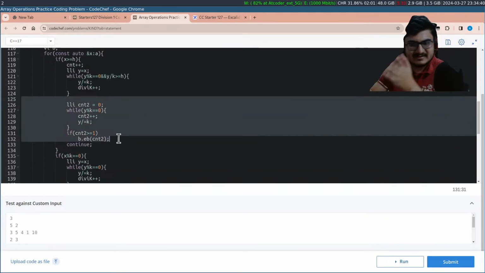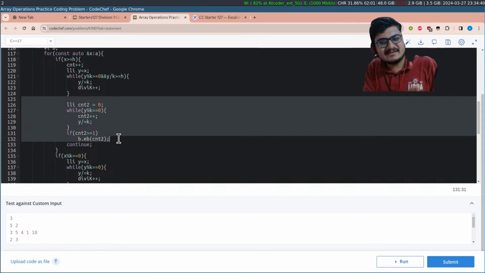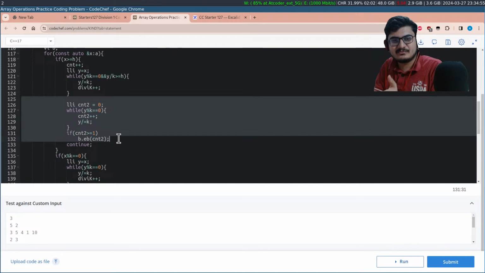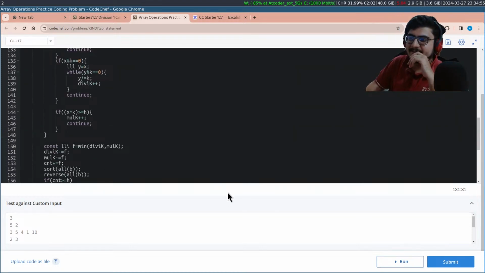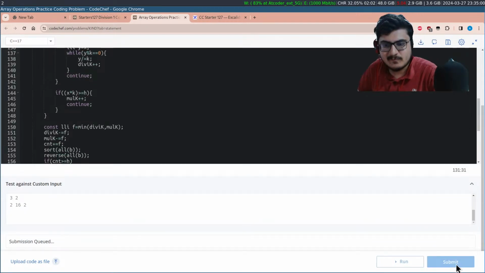There can be times when it's optimal to make a number greater than or equal to h, down to 1 or as small as possible, to get some extra multiplication operations for some other numbers. And once you find this observation, you would be able to get an AC here. And this was the idea for this problem, and this finally gets an AC.